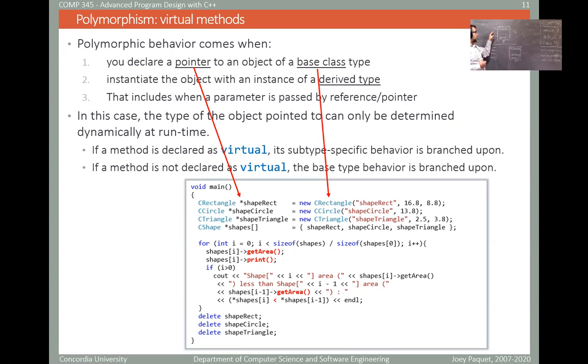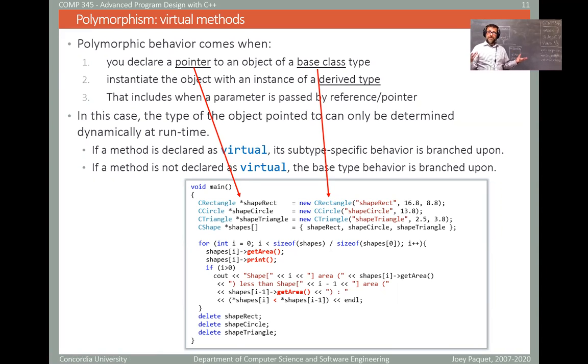So even though you may have declared your object of type CShape, so the type of each of these pointers here is pointer to CShape, when you actually call get area here, it might appear that the get area of the shape is going to be called, but no, because get area, as we will see later, has been declared as virtual in the shape class,